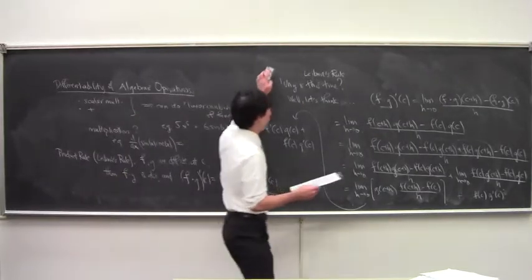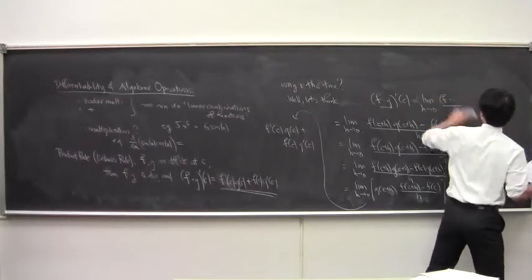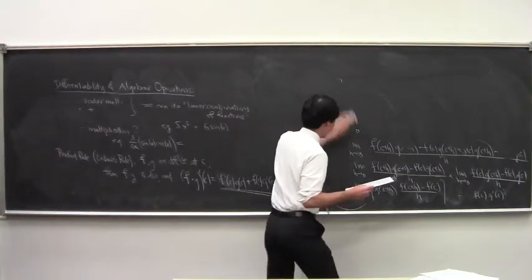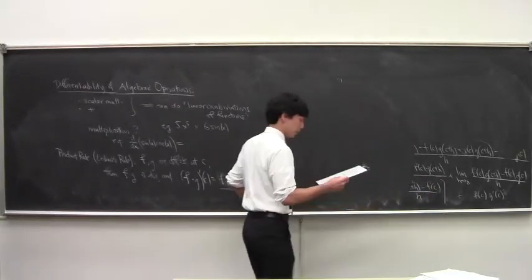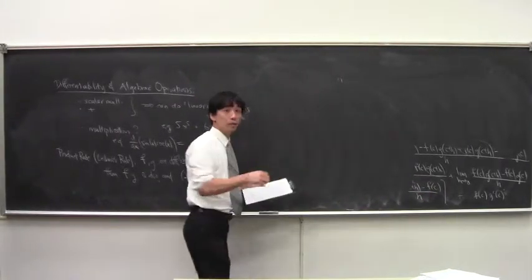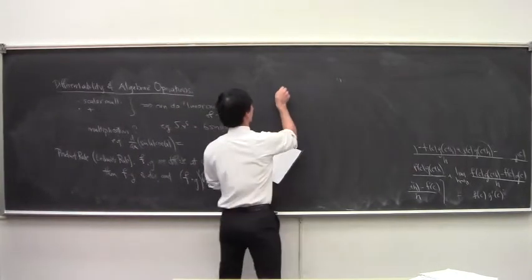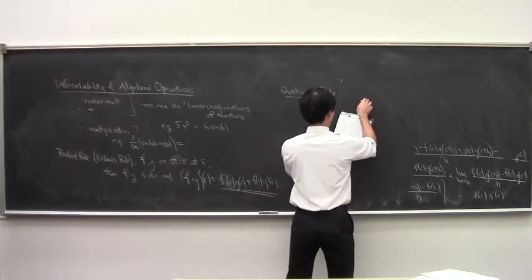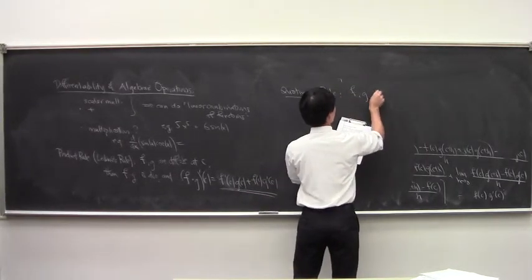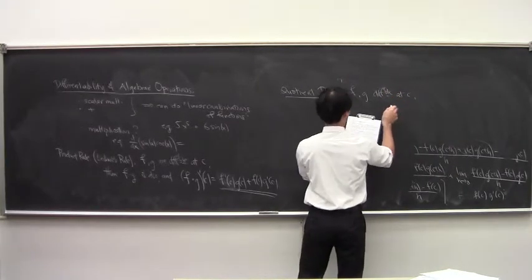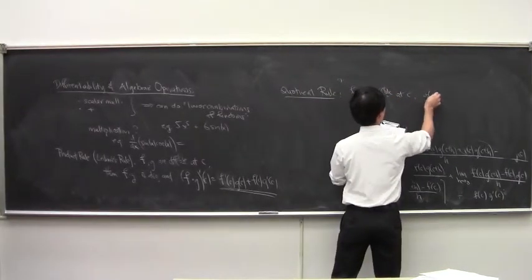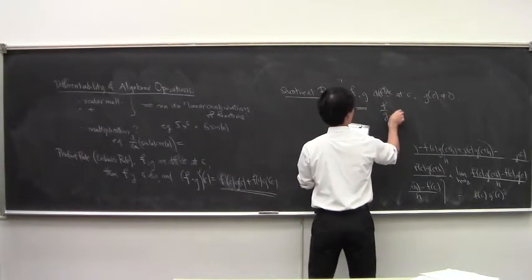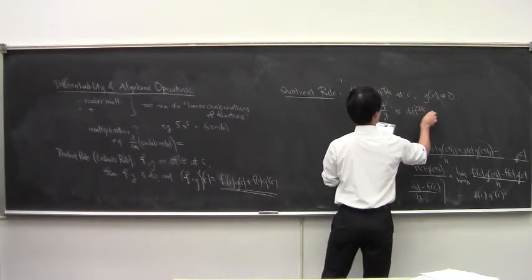Okay, the last rule is the so-called quotient rule, right? The interaction of differentiation and division. Okay, so questions? People are singing. People are chanting already. Right, the quotient rule, right? If you have f and g differentiable at c, and g at c is non-zero, then the quotient is differentiable at c